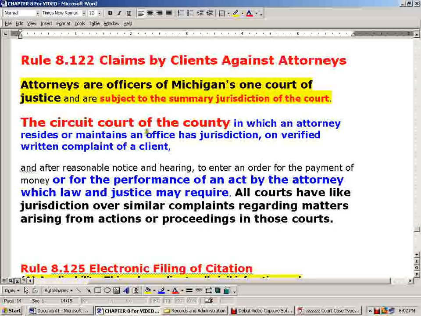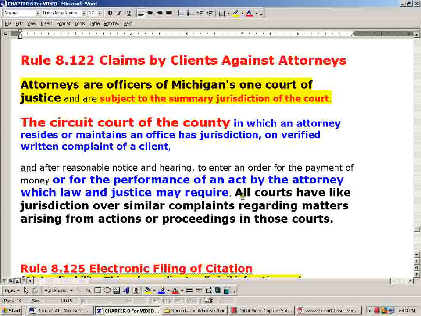Okay, back to claims by clients against attorneys. Attorneys are officers of the Michigan One Court of Justice and are subject to summary jurisdiction of the court. Attorneys are officers of the court, always considered in court, and they can be charged with contempt of court. The circuit court of the county in which the attorney resides or maintains an office has jurisdiction on verified written complaint of a client, and after reasonable notice and hearing, to enter an order for the payment of money or for the performance of an act by the attorney which law and justice may require, such as giving you a proper defense,